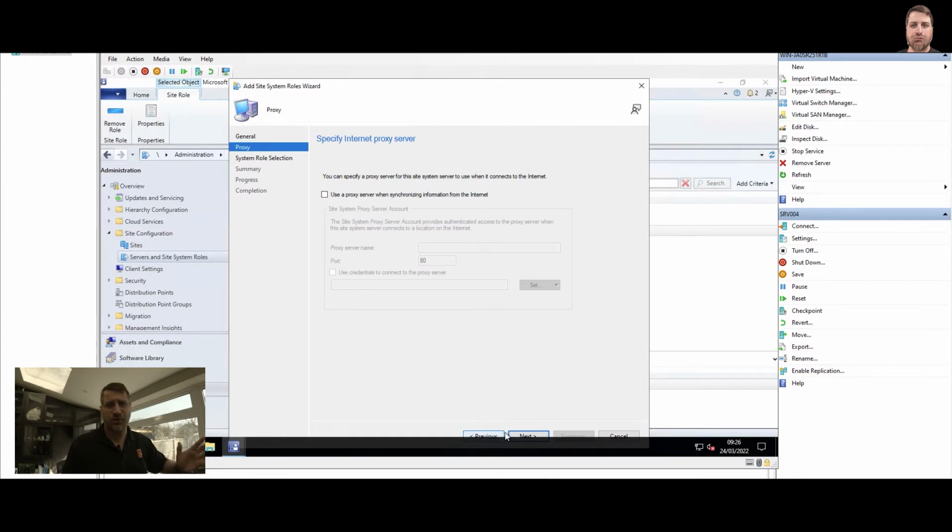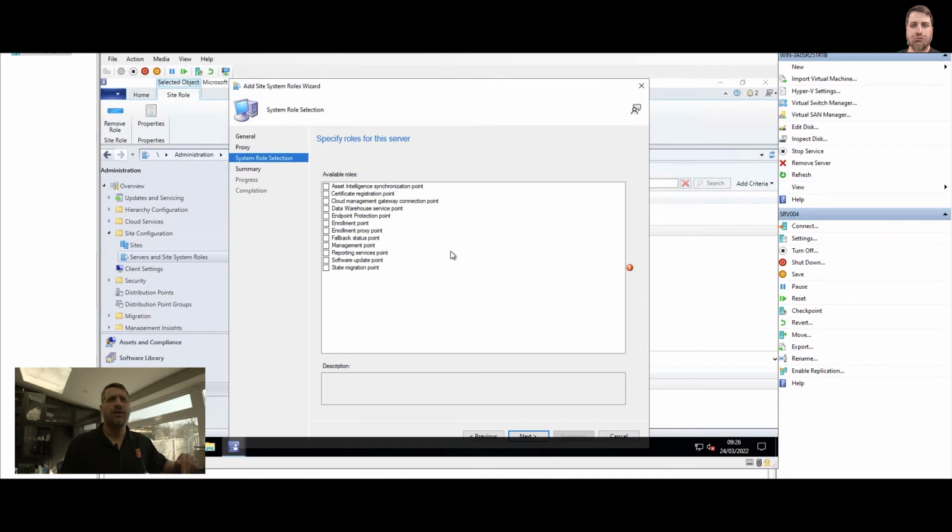Proxy: I'm not using a proxy like I discussed in the other video, but this is how this server will connect to the internet. So server 004 will connect to the internet. There is no proxy here. I will click next. And on the list, I'm going to select measurement point